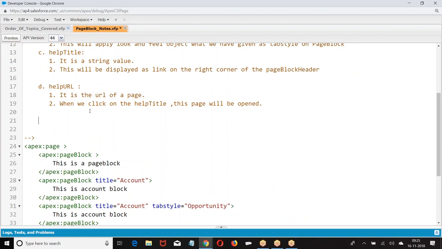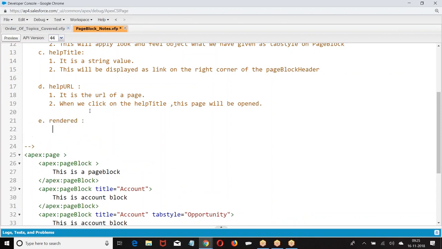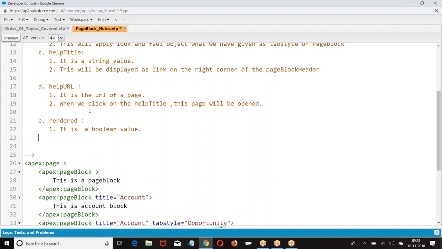Then we have rendered. We already know rendered means what? It is a boolean. When set to true, the page block will be displayed.